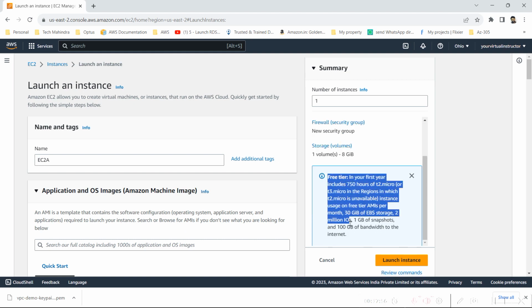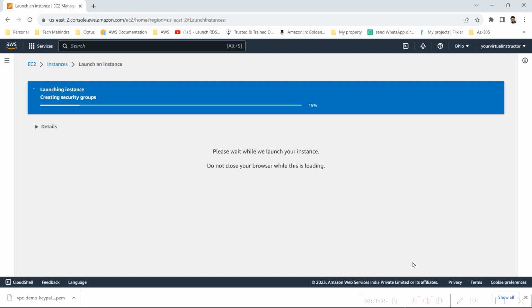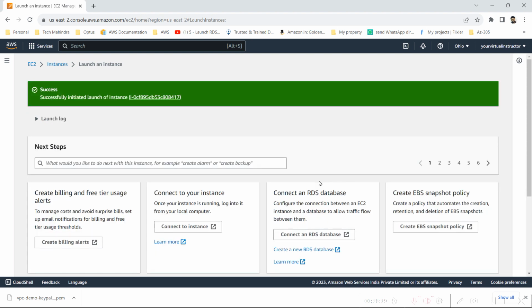Here you can see the free tier information, which says your free tier eligibility is 750 hours per calendar month for the EC2 instance. If you have two EC2 instances running all the time, then it will be 750 by 2 hours. So hit on launch instance